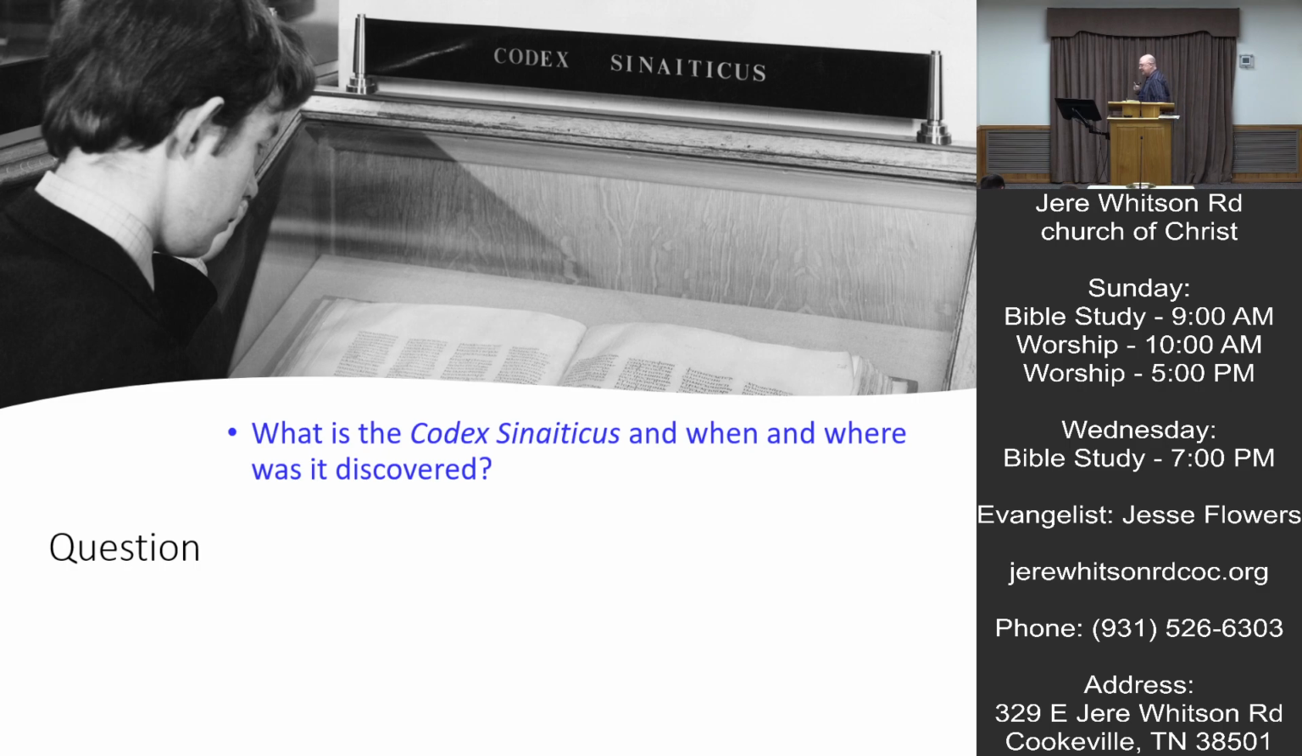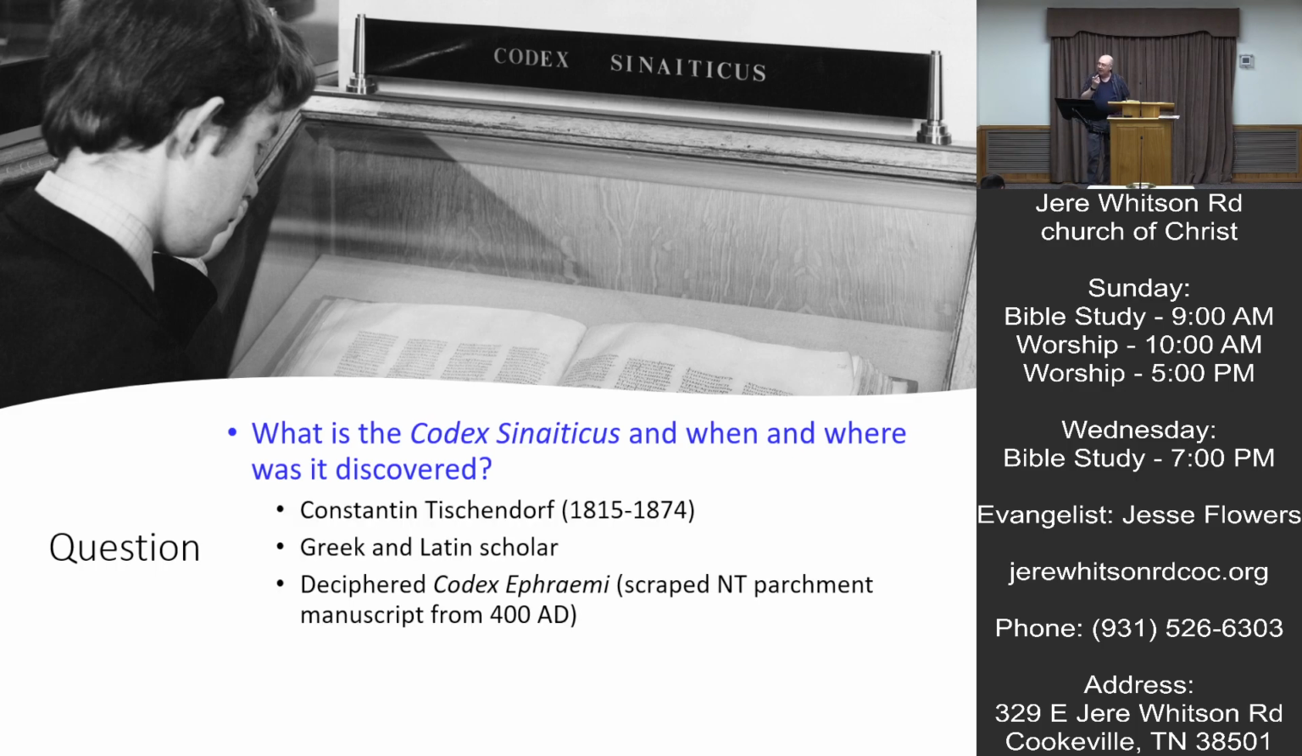Okay, so we're going to be looking at something with the Sinai. Now this guy that found it, Constantine Tischendorf, lived from 1815 to 1874. This guy was kind of a prodigy in his time. Greek and Latin scholar, something that was not, there weren't many of them around, let's just say, and this guy was really motivated. And he was known for this,